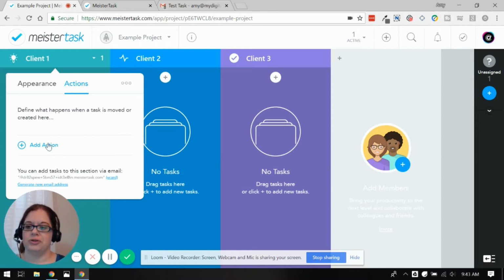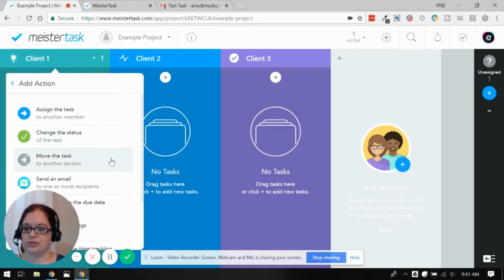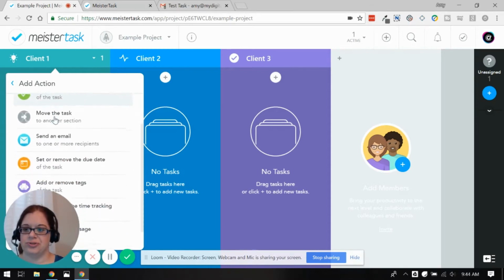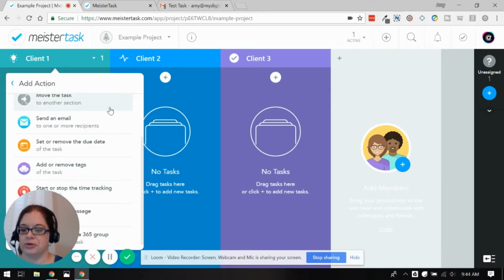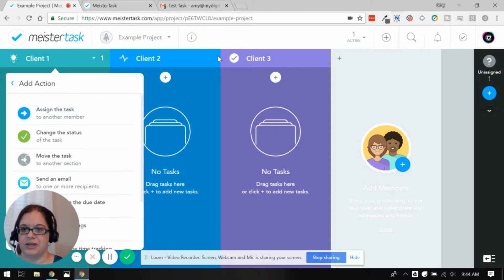So when you upgrade, you get these actions. And these are all the things that you can do. And you can automatically assign a task to somebody, change the status. You can do all these things when you have the Pro. So I am now using that and finding that very handy.